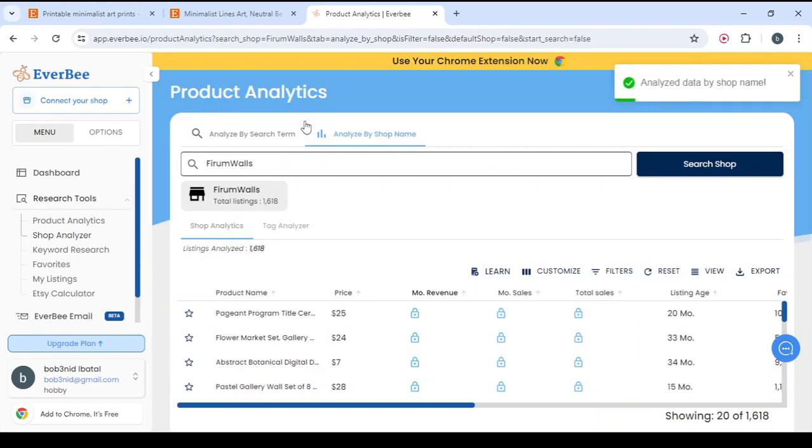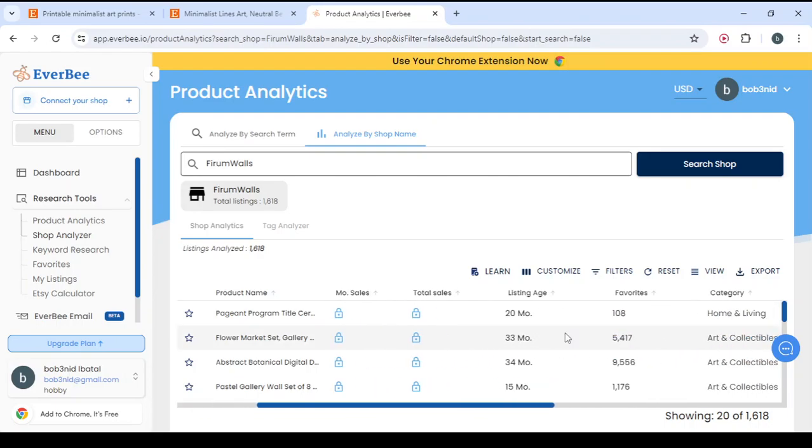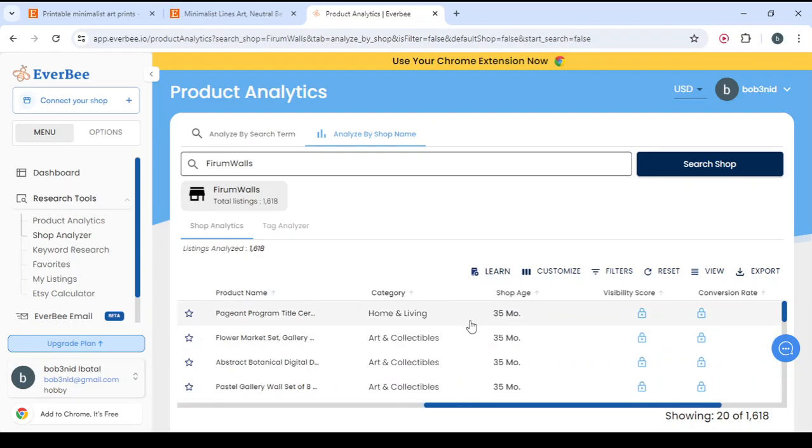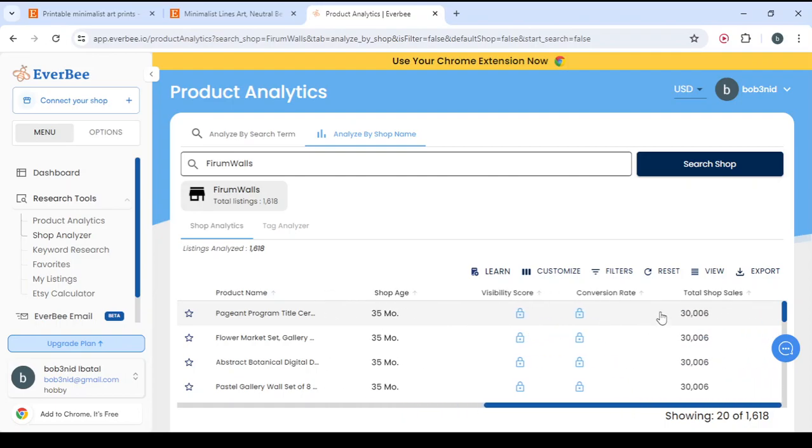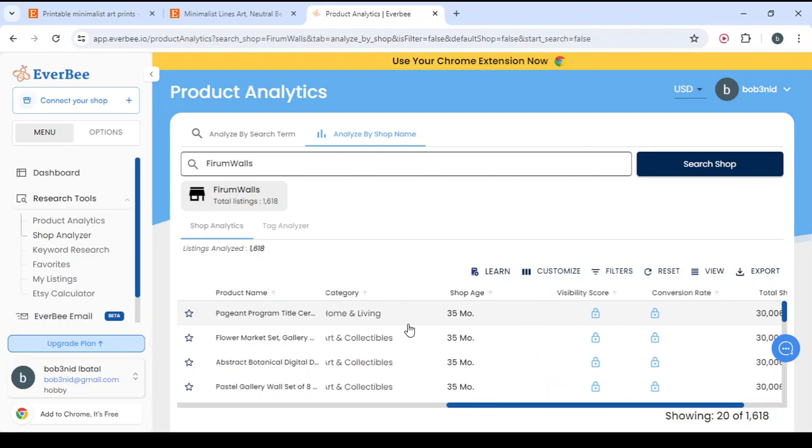So here they have a total of 1,618 listings, and here if you go to your right, you will see that this shop was created 35 months ago, and they have made 30,000 sales in 35 months. So that's a lot of money, which means they are making approximately a grand per month. So making